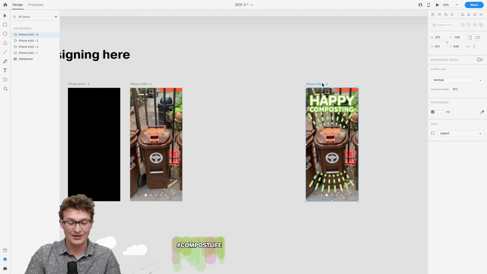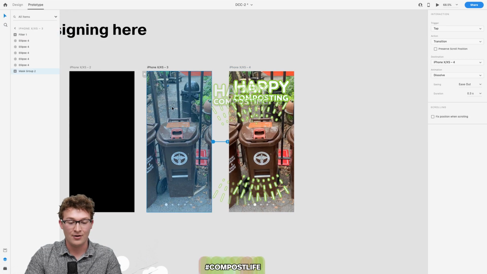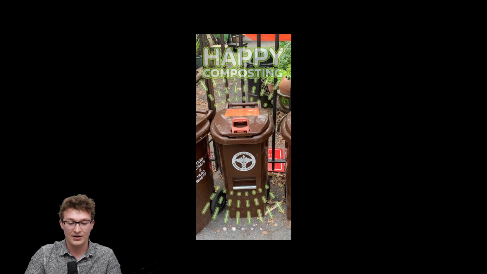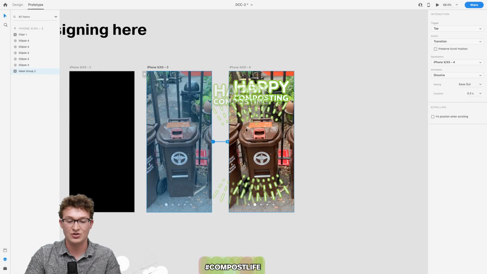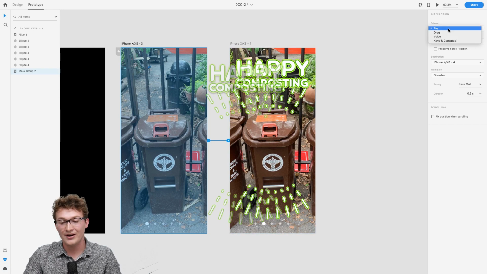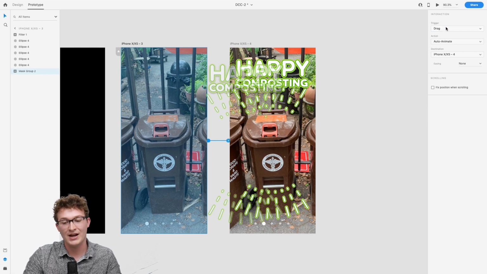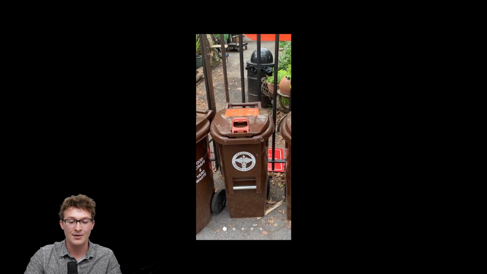And so there we have our second artboard. Now, look at this. When we swipe over, oh, almost, I need to actually set it up as a drag interaction. The key important step here is that when you drag this wire, the trigger shouldn't be tap. Tap is default, but we actually want drag. So drag is the one that we want. And then there we go. And so then when we preview this and we drag,